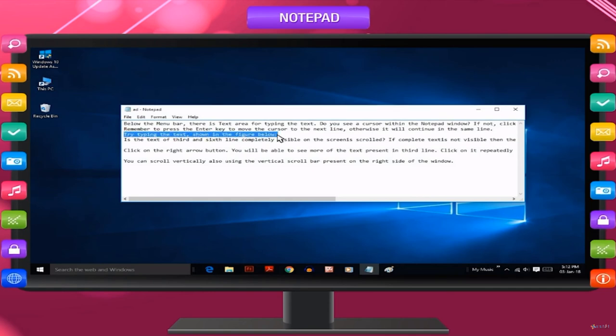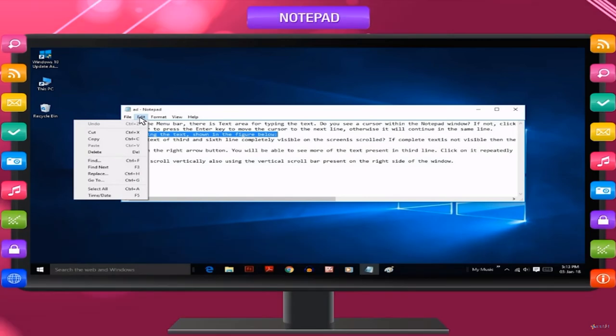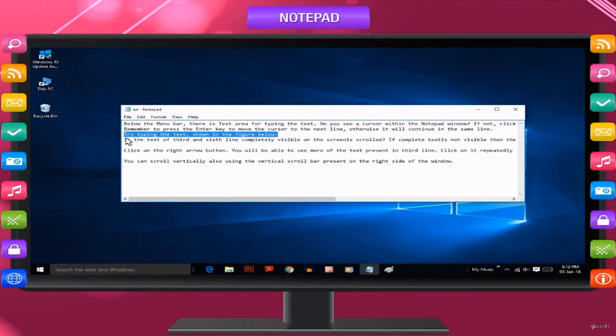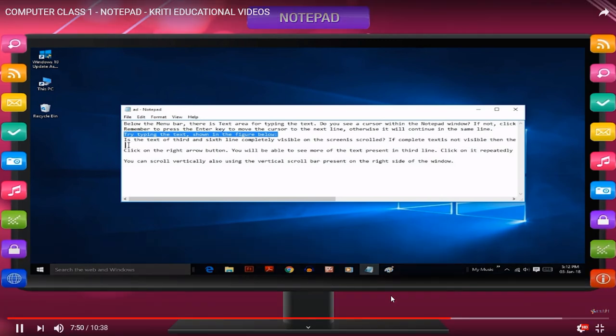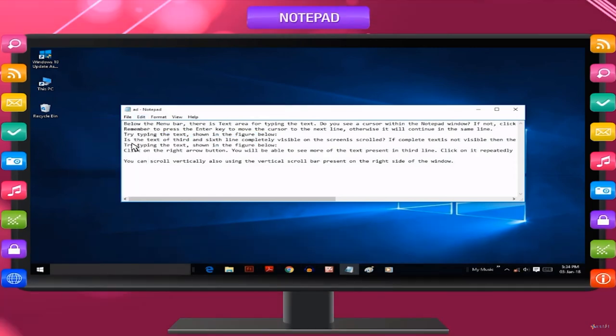Select the text to be copied. Click on the Edit menu and select the Copy option. Place the mouse pointer and click where you want to paste the text. Again, go to the Edit menu and select the Paste option.